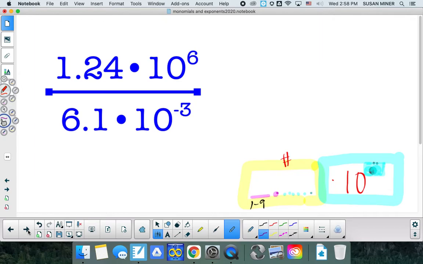Okay, let's try one where we're dividing. Same kind of situation is going to happen. We're going to rip this problem apart into 2 parts. We're just going to take the constants in the front, and we're going to divide those in our calculator. So 1.24 divided by 6.1 is going to give me